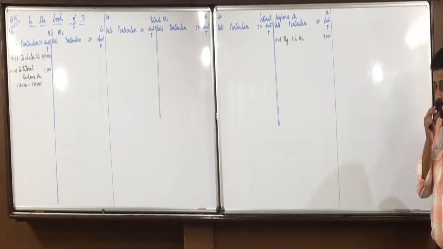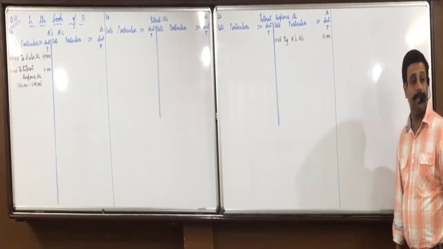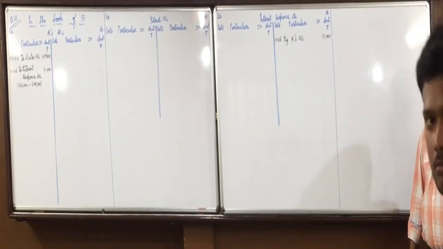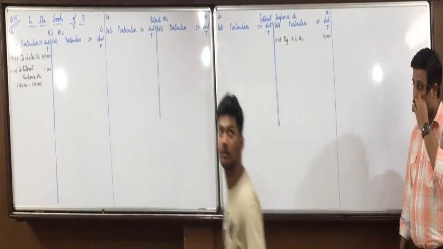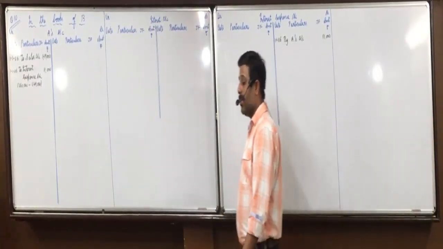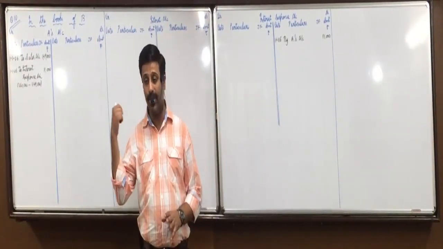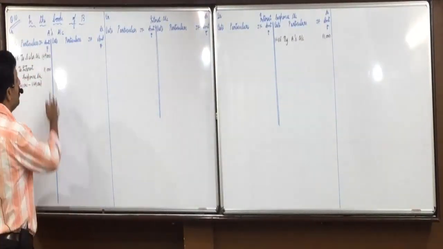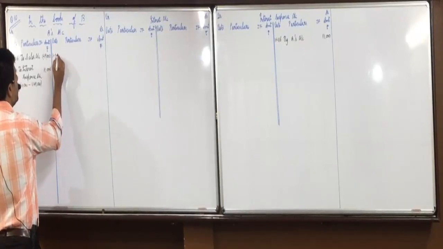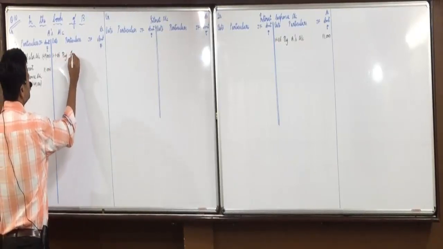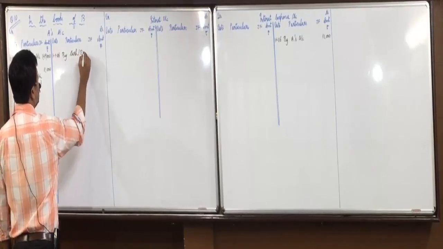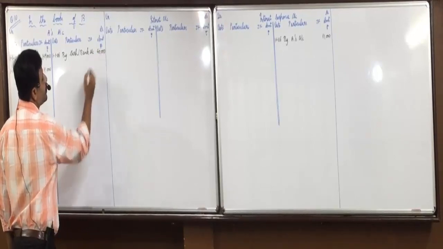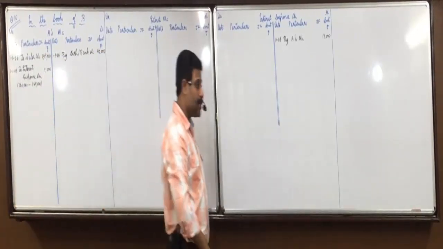Any doubt in this? Then down payment. What will be the entry for down payment? He is going to receive, the seller. So cash or bank account debit to A's account. To A means A on credit side by cash or bank account. 40,000 is the down payment. Understood this, anyone?